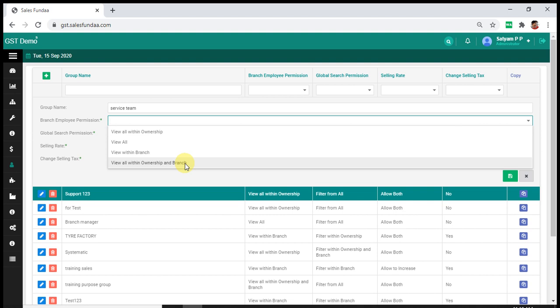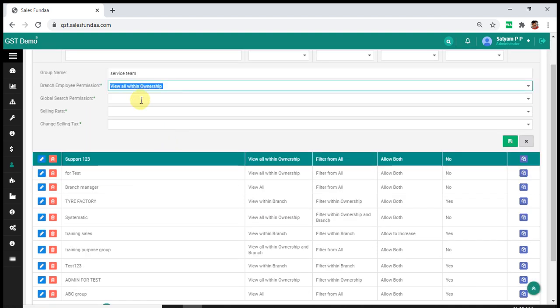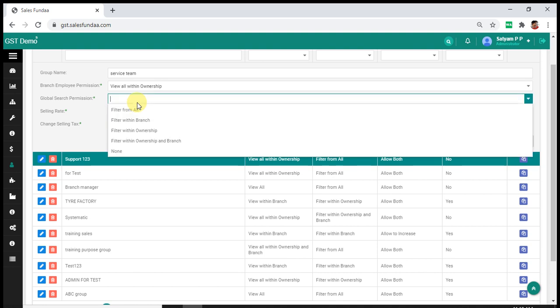You have to add this permission accordingly. Global search filter, you can see this global search. Your employee can filter from all, or only from branch or with ownership. You have to select from there. If none, you can select none.